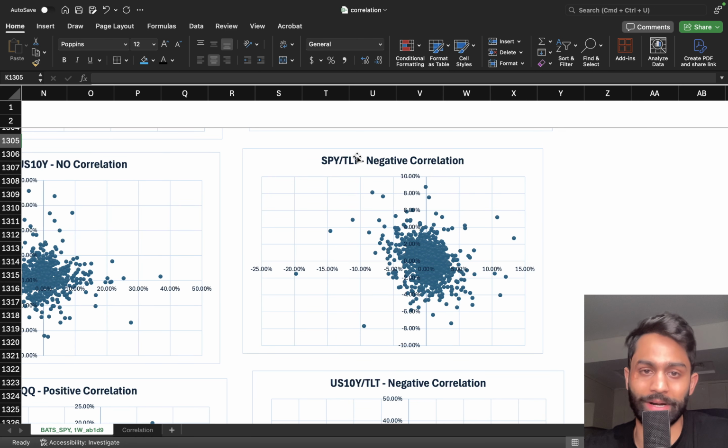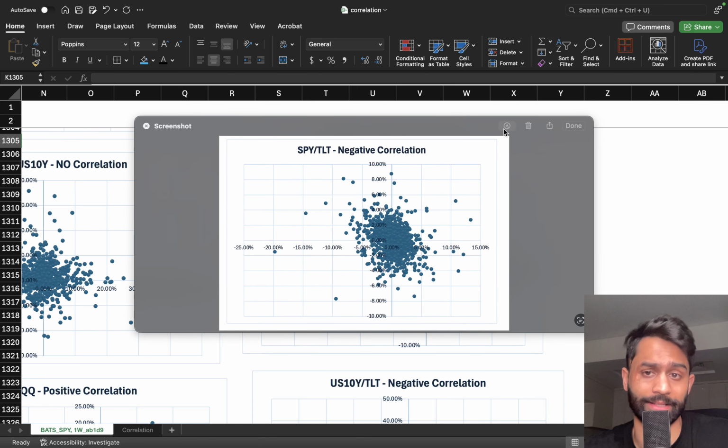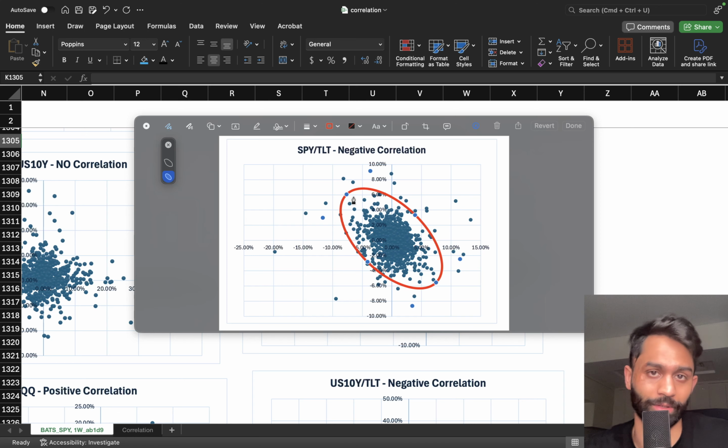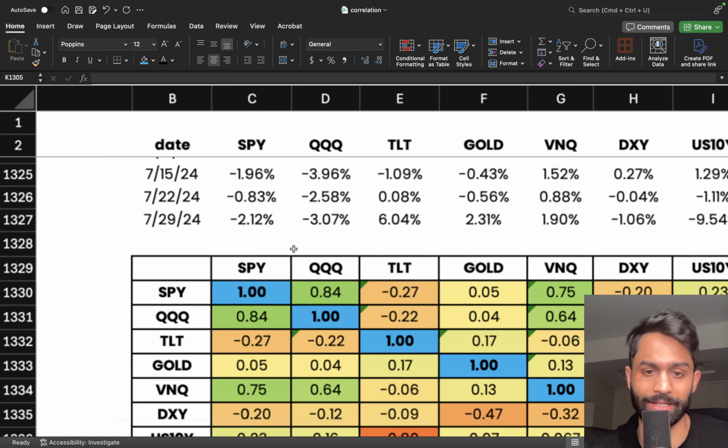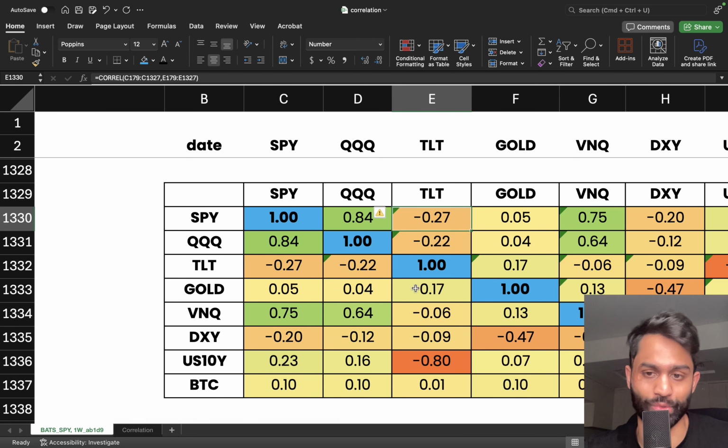This right here is SPY with TLT. So we've got the S&P 500 with the bond market. So another negative correlation. But the reason why this is not as scattered is because it's not a perfect negative correlation, and it's also not as high as negative 0.8 as what we witnessed earlier. So it's still a little bit more elongated from the top left to the bottom right, but the majority of the outcomes are still within the context of this over here. Still a negative correlation, but not as significant as what we have witnessed before, because it's only negative 0.27, right? So that's the number that I just showed you on the chart, negative 0.27.